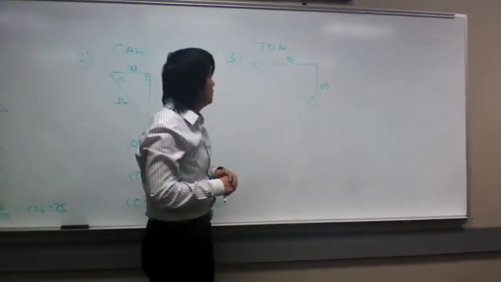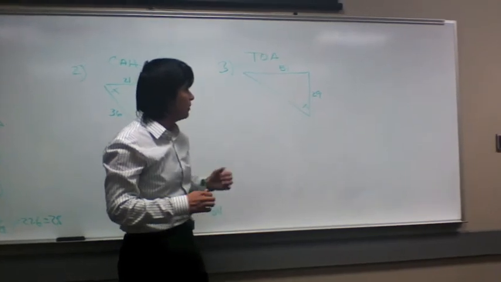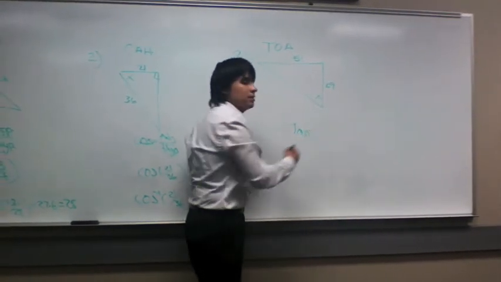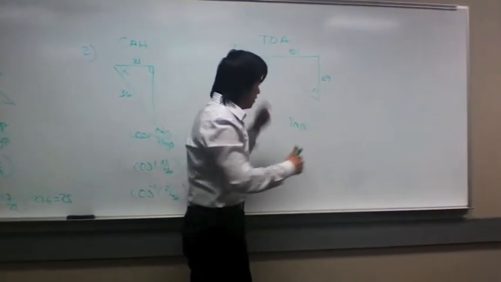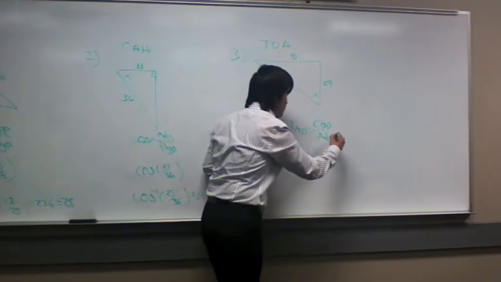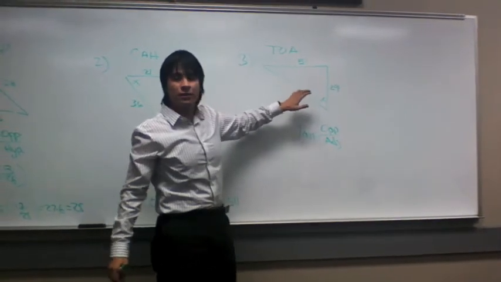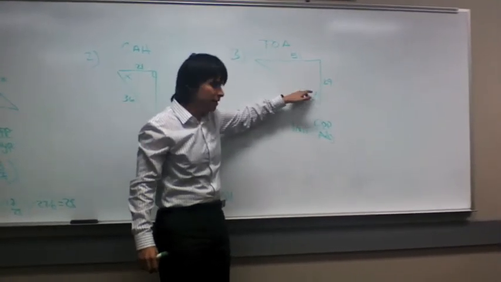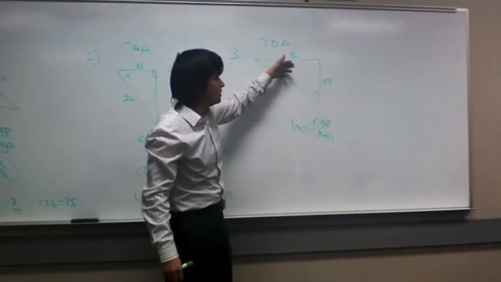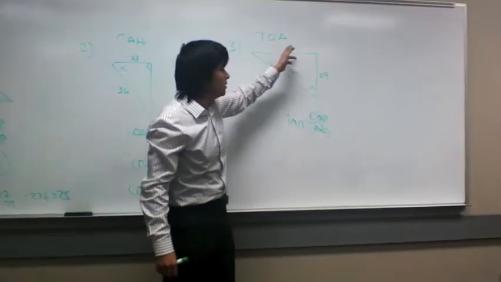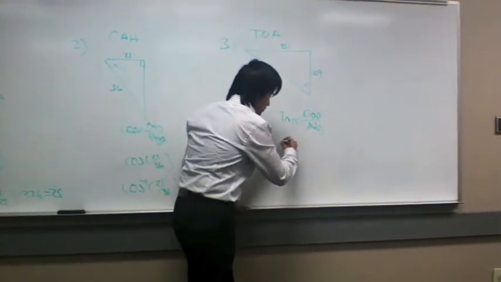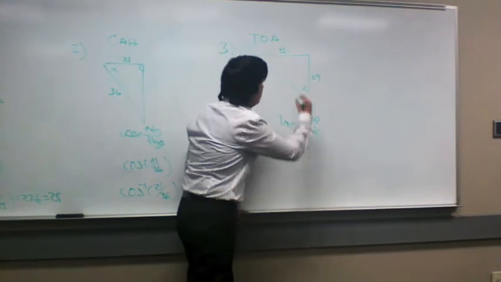Moving along, our next example will be TOA. TOA is tangent is equal to opposite over adjacent. Meaning that if our x is here, we need to find this angle. So it will be 51, which is our opposite, and 29, which is our adjacent. So tangent will be 51